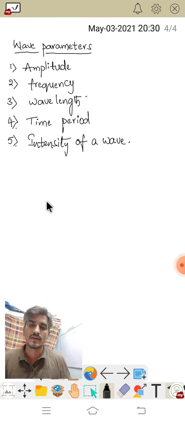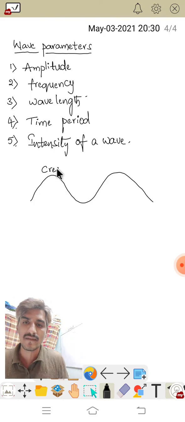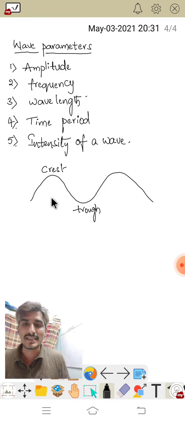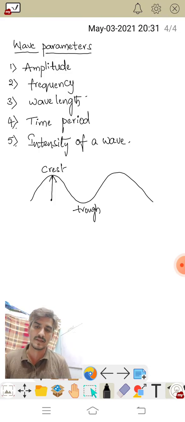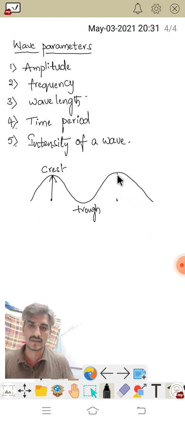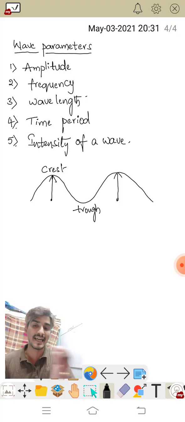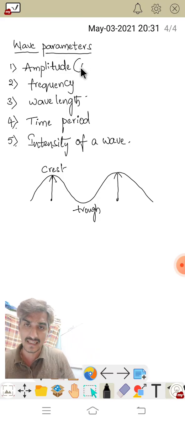Okay, the maximum displacement. See, for example, if we consider a transverse wave, what does it consist of? It is a crest and it is a trough. Am I right? So at the crest position, the particle will have a maximum displacement. This is called amplitude, maximum displacement of the particle. Even here also, this is called amplitude. Even during longitudinal waves we can say maximum displacement, but in the direction of wave. That is about amplitude, and it is denoted with the capital letter A.